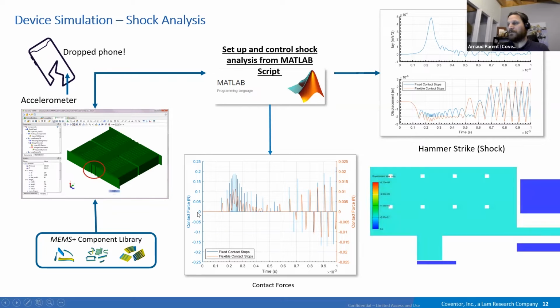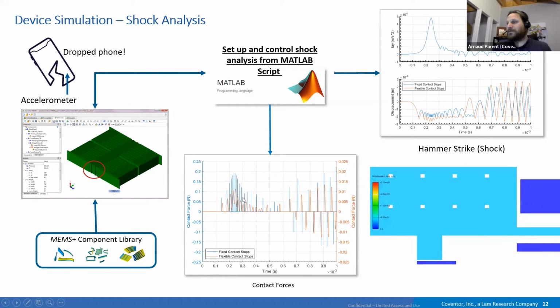It's already an interesting result, but more interesting, and something you can do with MEMS+, is to extract the contact force on the stopper. Here, as you can see, the blue and the red are very different, because you have to notice we are using two different axes, and there is one order of magnitude, a factor of 10, between the two. Because the stopper is flexible, you are absorbing more force, the contact is less abrupt, and basically you created a better stopper.